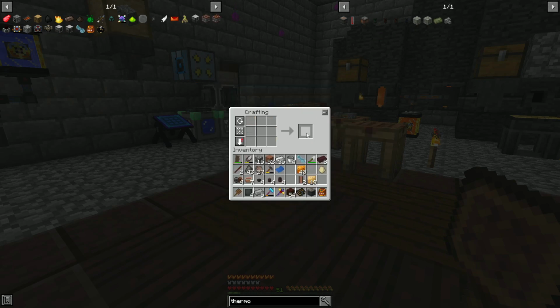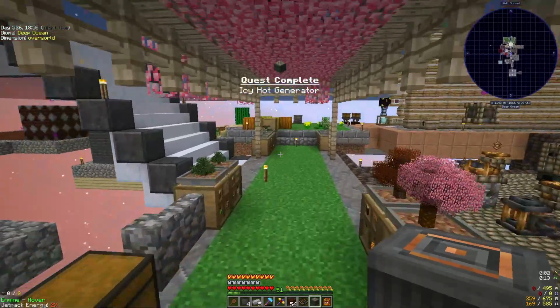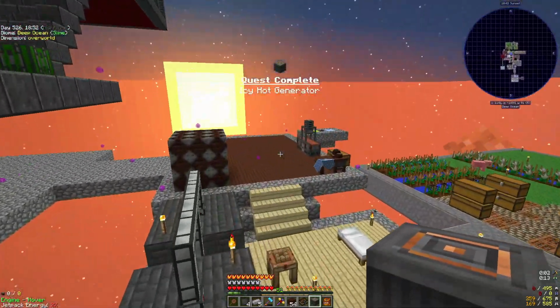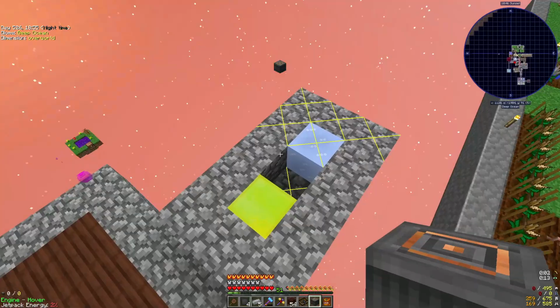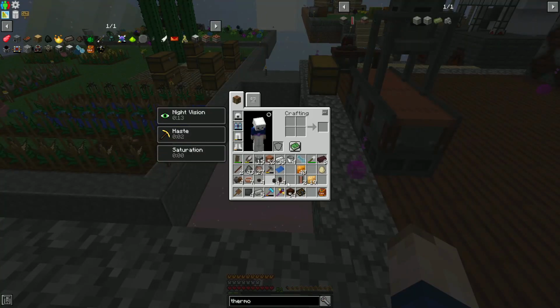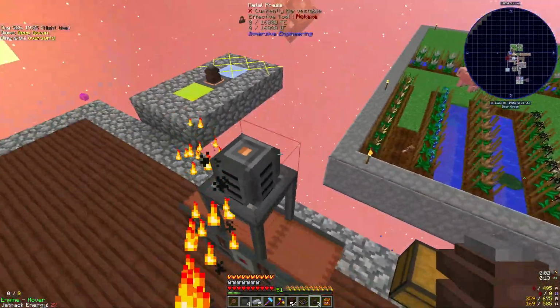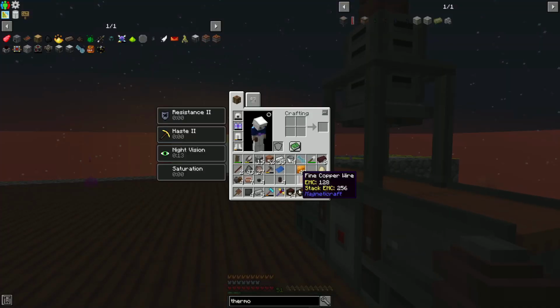And then this. Alright, let's see what we got. Quest complete. Icy hot generator. Thank you very much. Throw this here. Boom. I should have a medium here. And we'll put a medium there. And now I just need...